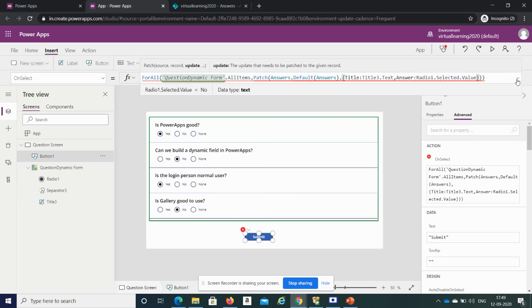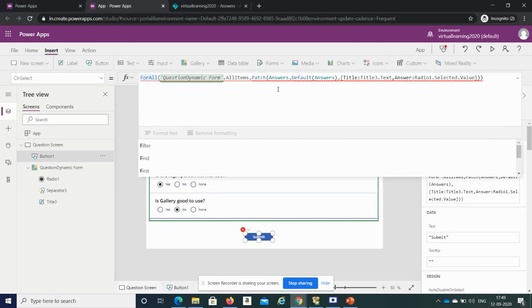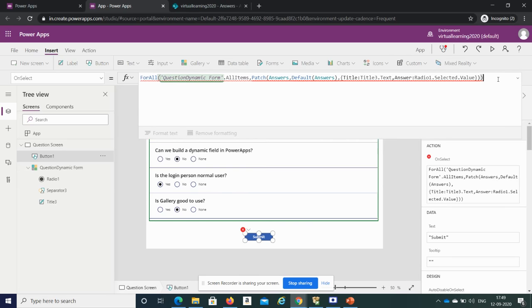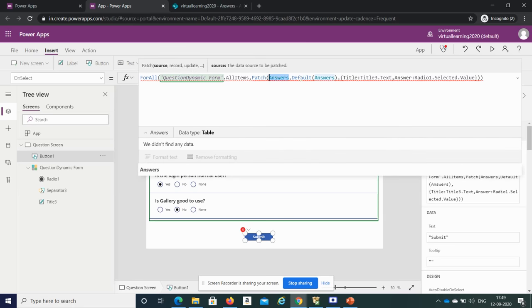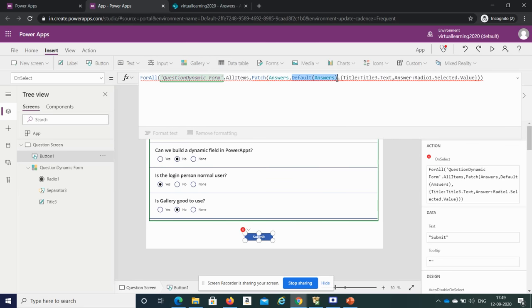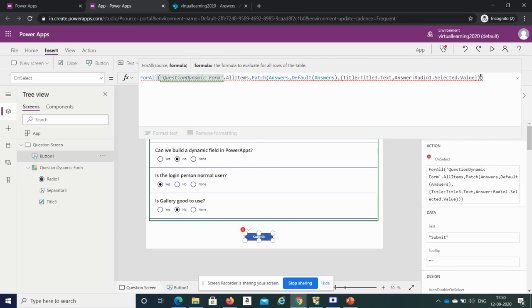So what I will do, we'll click on this. As you can see, it is very difficult to identify whether the formula is correct or not. So I just expanded it. So we have this, then we have patch answers, and this default answers is also there. Then we have this, and this is the end of the patch.